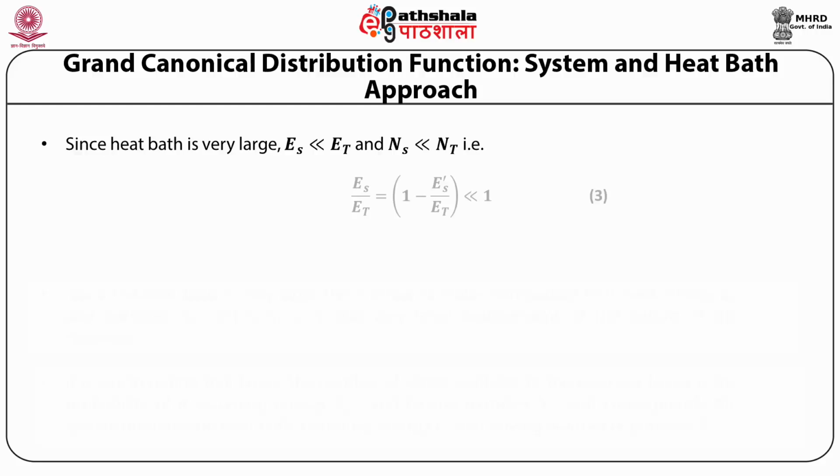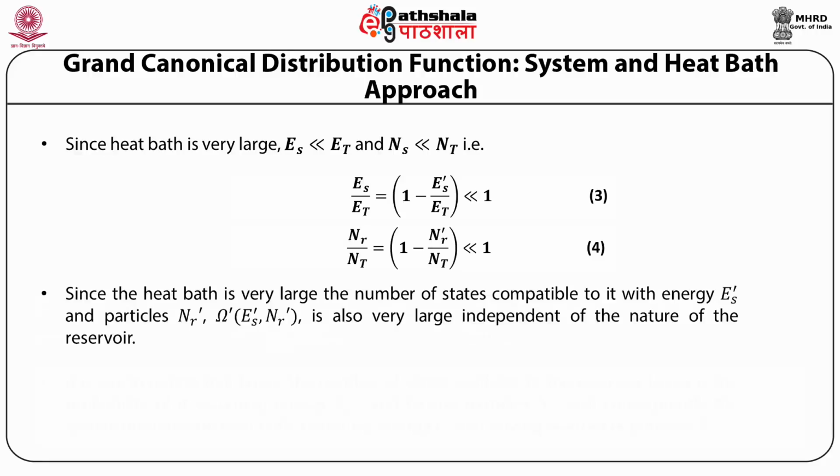That is, Es/Et = 1 − E'S/Et is very much less than 1, and Nr/Nt = 1 − N'R/Nt is very much less than 1. Since the heat bath is very large, the number of states compatible to it with energy E'S and particles N'R, that is Ω'(E'S, N'R), is also very large, independent of the